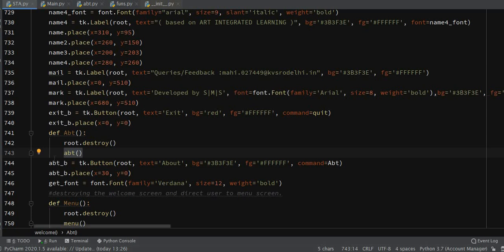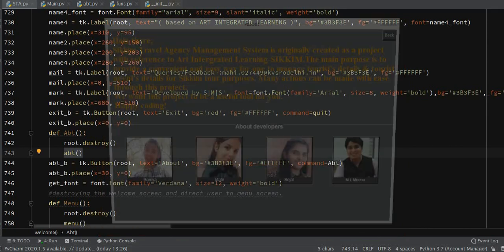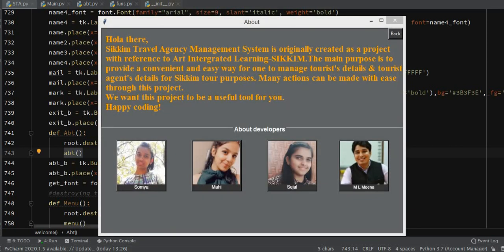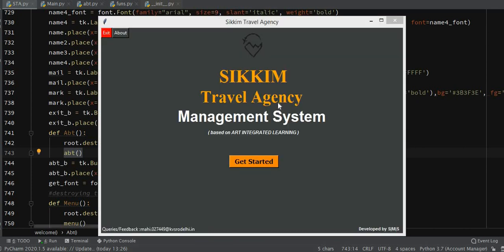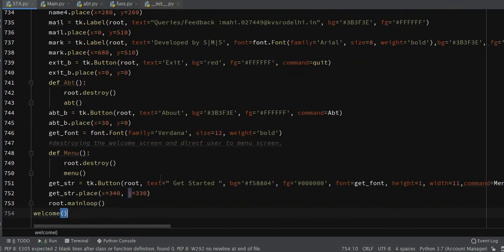So when I click on the About button, that is this, it just destroys the current window and displays another one. Okay. Similarly, this happens here also. When I click on the Back button, it destroys the current root window and displays another one. Now, similarly, I have done the same thing with the Get Started button.